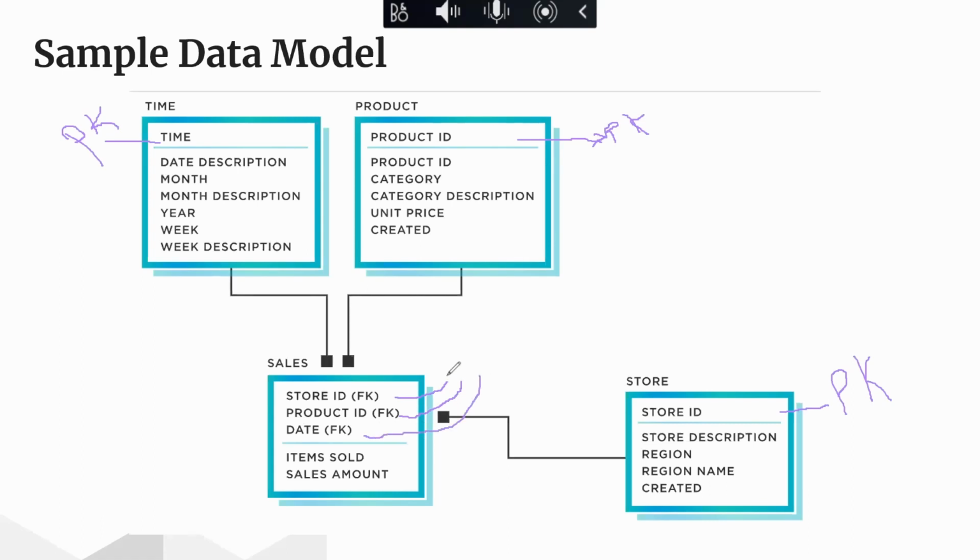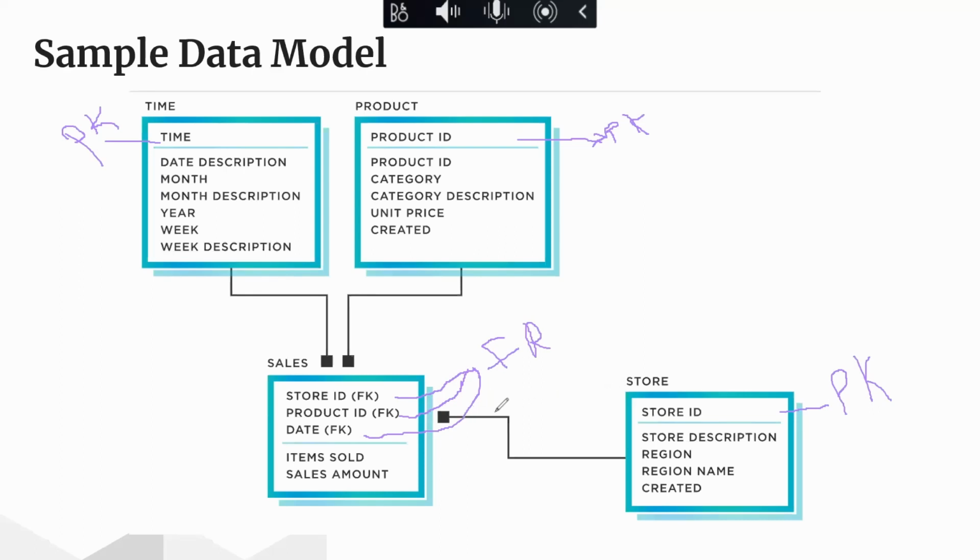Okay, this clearly tells us that these keys are not primary to this table, right? These keys right here, they are from these tables. Because they are not primary to this table, we call them foreign keys. You get that? We call them foreign keys because they help us identify these records.